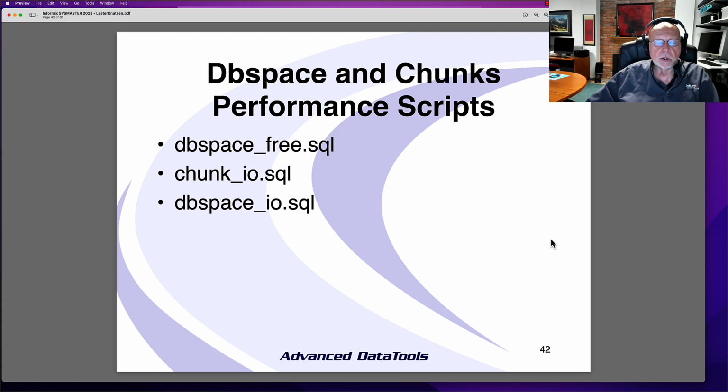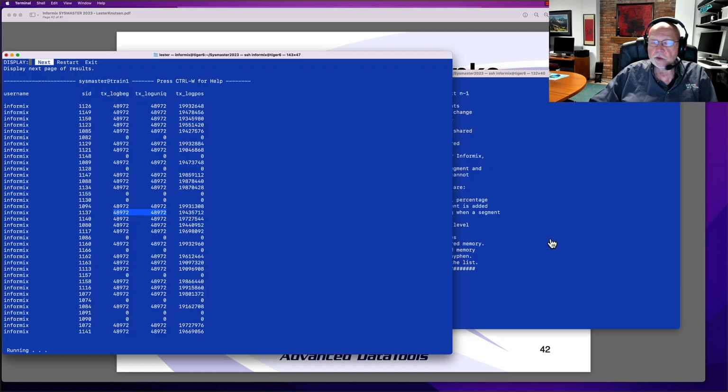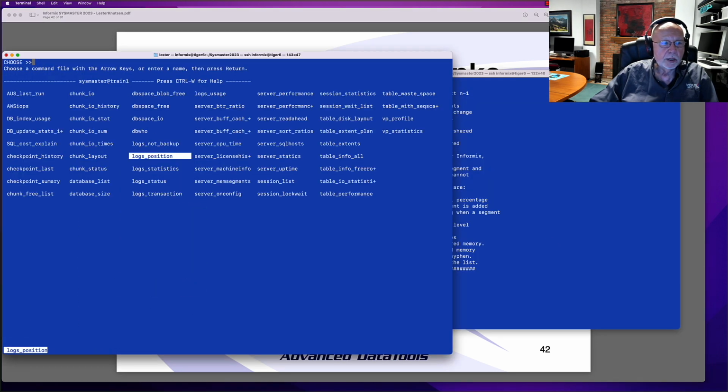Okay, now let's talk about DB spaces and chunks. And I've got really just three scripts I want to talk about here. DB space free, chunk IO, and DB space IO. DB space free is one of my old favorites. It was a script I wrote many years ago, and